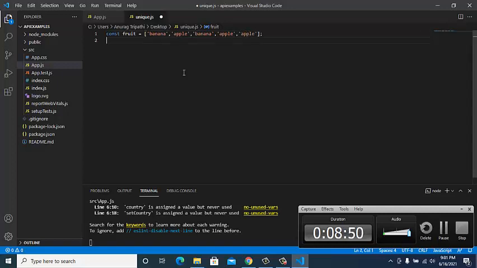You will see over here we have banana, apple, banana, apple, apple. So we have repeating apples and repeating bananas. If we want only one of each, the repetition won't be there. So it will get unique things.